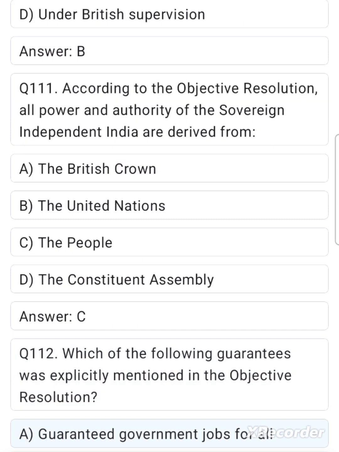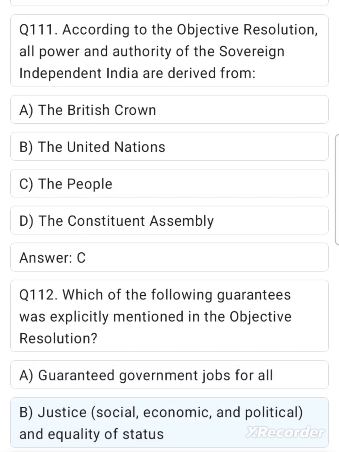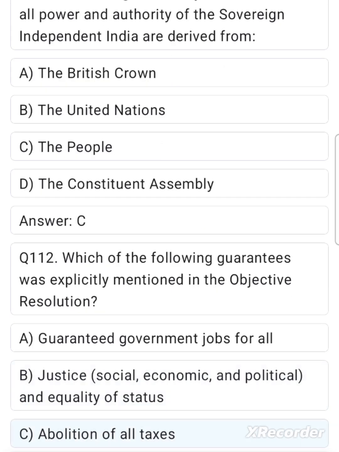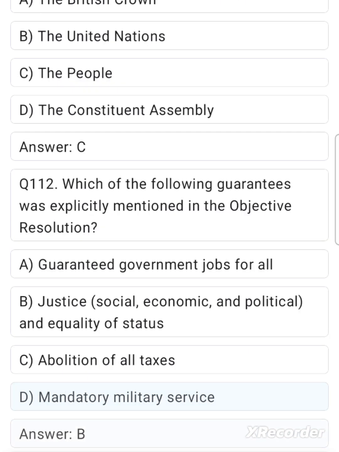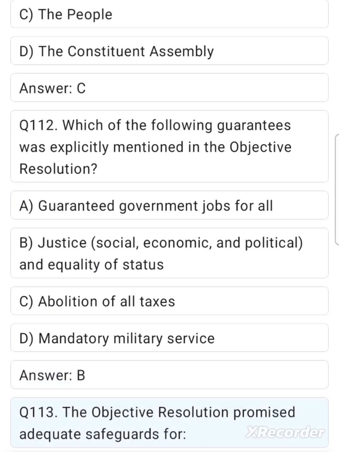A. Guaranteed government jobs for all. B. Justice, social, economic, and political, and equality of status. C. Abolition of all taxes. D. Mandatory military service. Answer: B. Q 113. The objective resolution promised adequate safeguards for